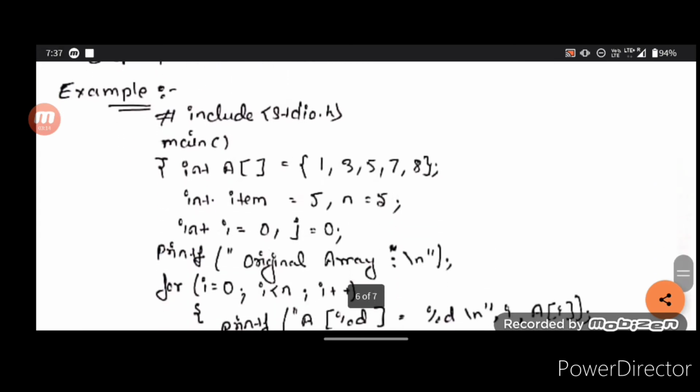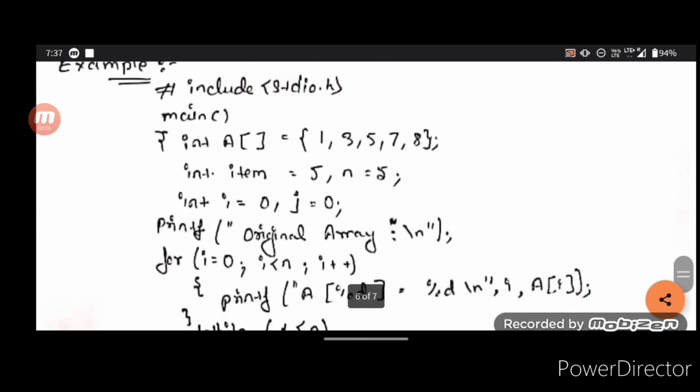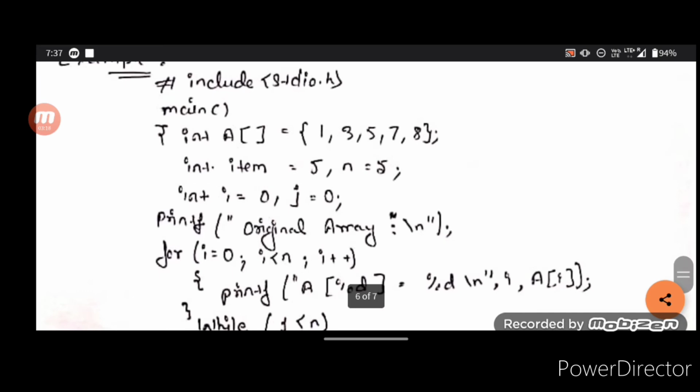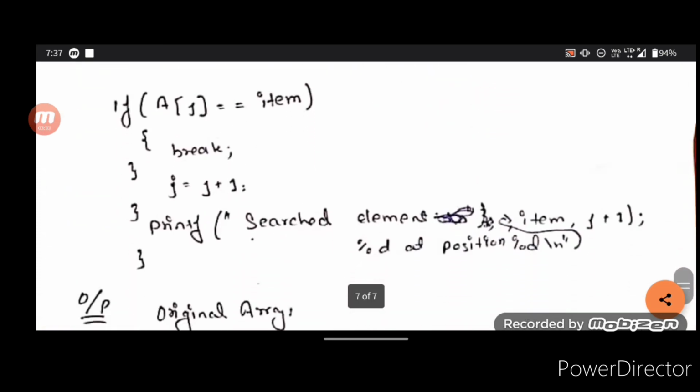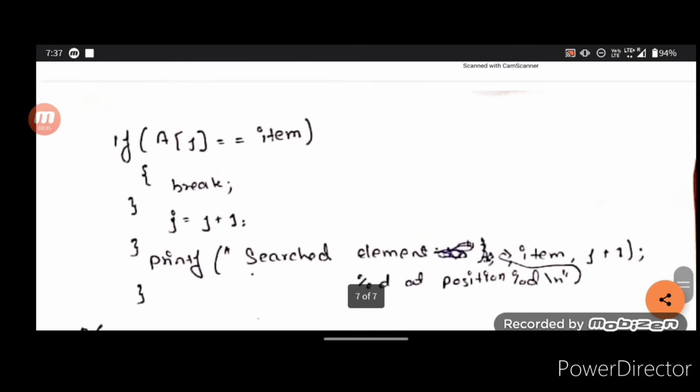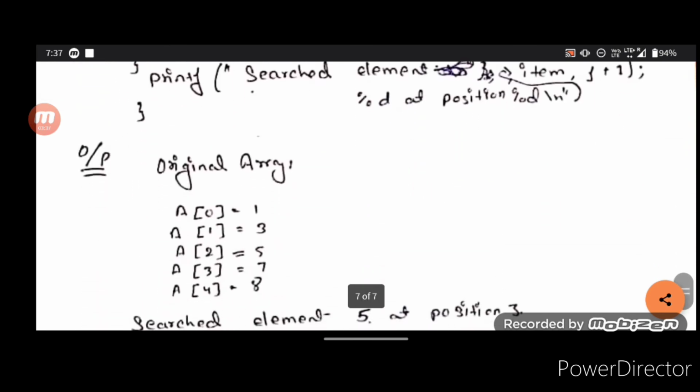For example, there is a program written here, you can go through it. It takes an array and assigns initialized values, and after that we perform a loop operation, and then we use this program for searching elements.